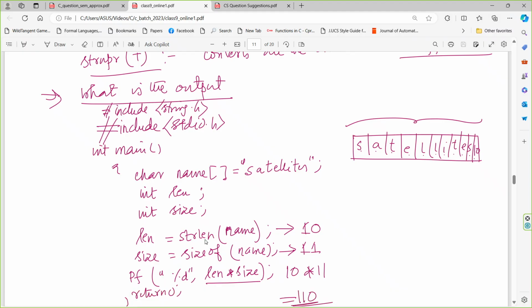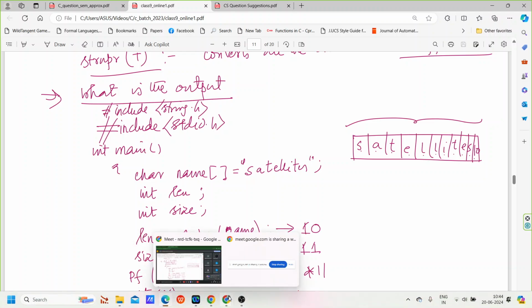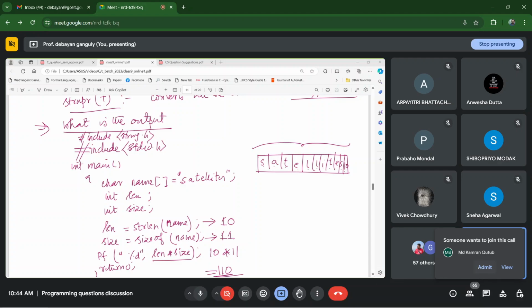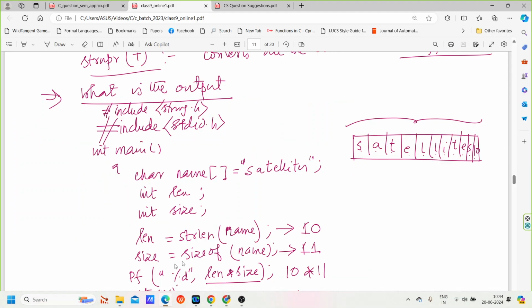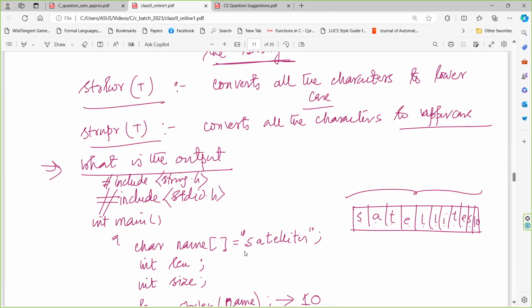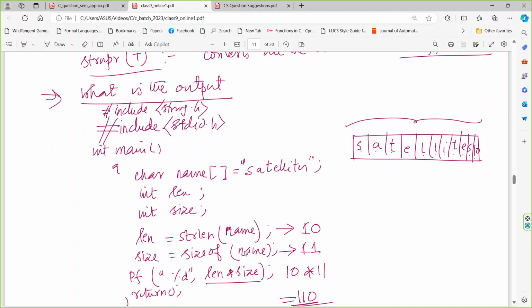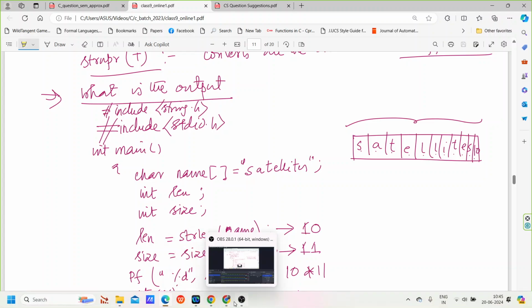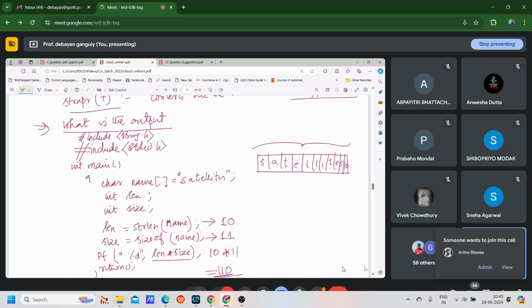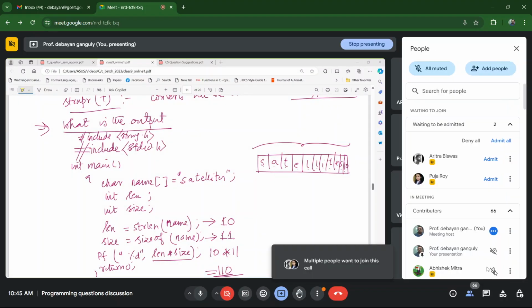So in today's class, we are just discussing the suggestion. So from my part, you will face that the first question you can say is from the string, right? So what type of questions are like that? This is one of the examples that you can think of, in that particular case,